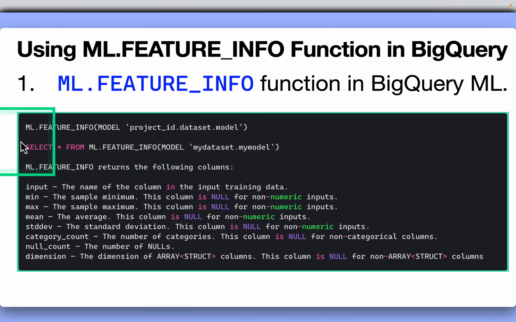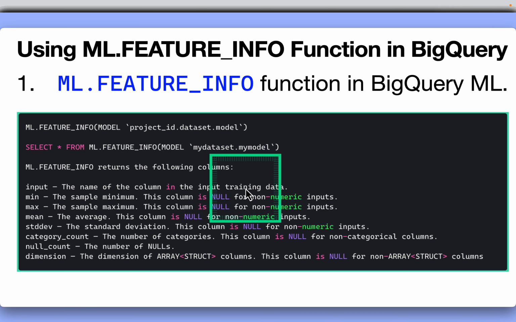So it looks something like this: ML.FEATURE_INFO, and then you have the model, with project id.dataset.model. So how would you use it once you have your model in BigQuery? You can start from ML.FEATURE_INFO model, and if you are in the same project, there is no need to give the project id, just the dataset and the model name, and this will return the following columns: input, the name of the